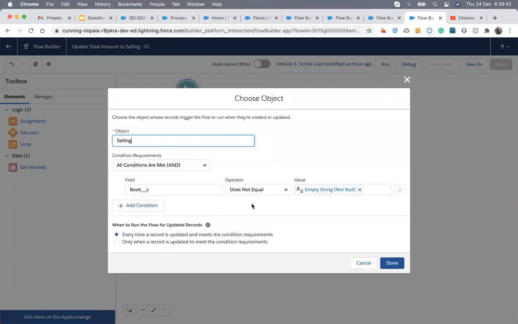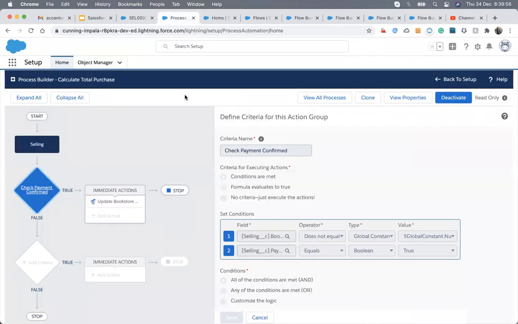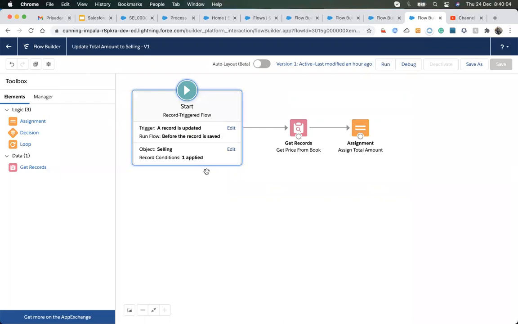We can add a condition so that it will execute only when the payment is made true. Whenever the record is updated or created, we can remove the process builder from here and use the same thing via this one too.